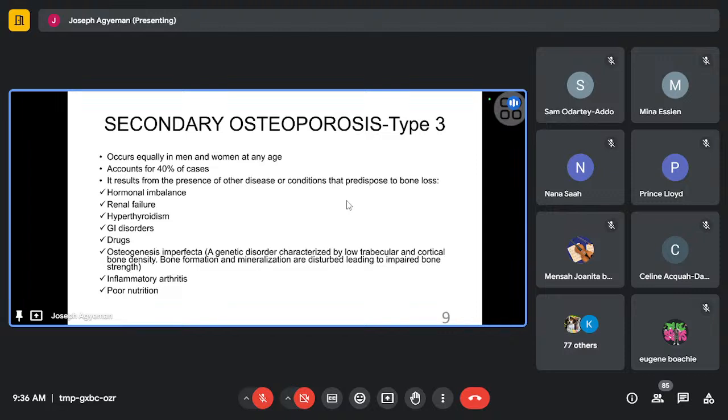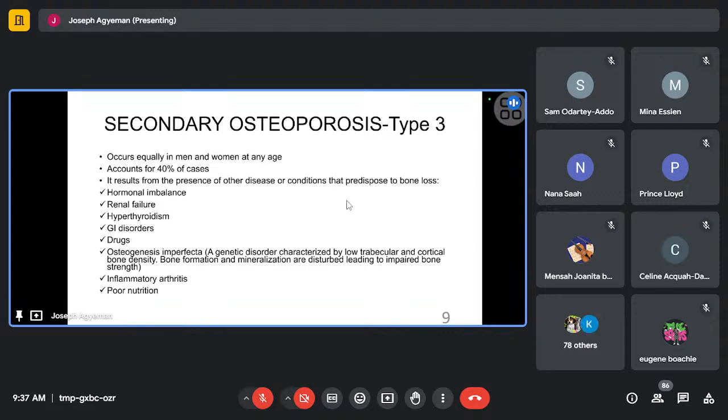This will happen when you are exposed to the underlying cause, be it a disease, your diet, or some drugs. It depends. And therefore, with this one, we don't have any differences between the two sexes. Men and women all have the same risk of getting this type of osteoporosis,